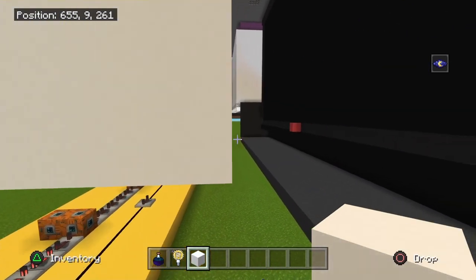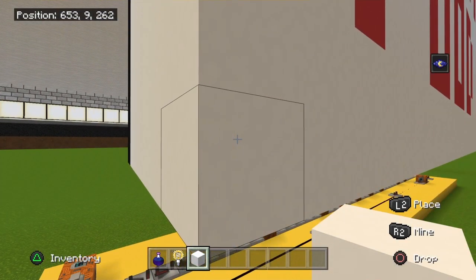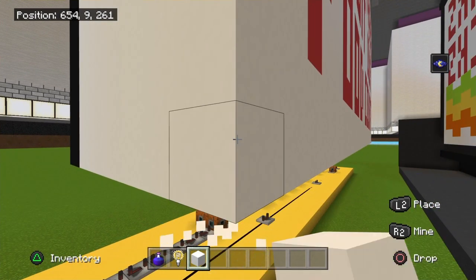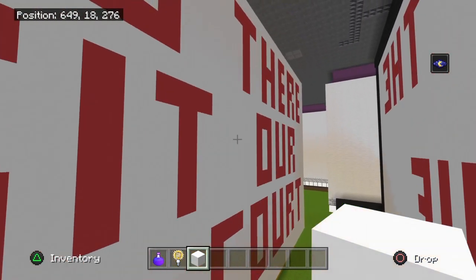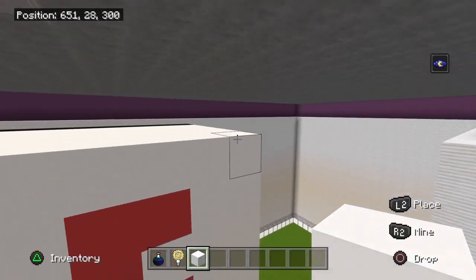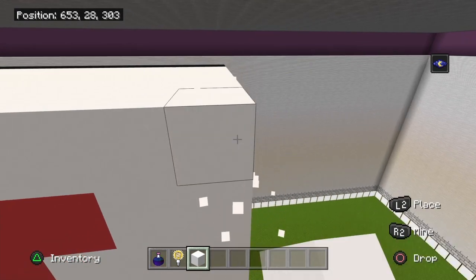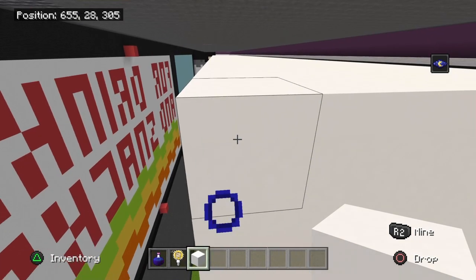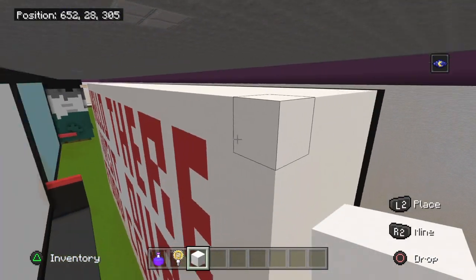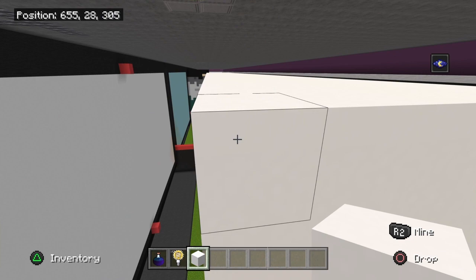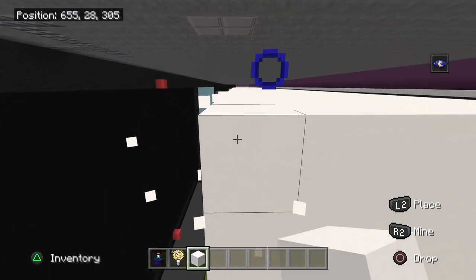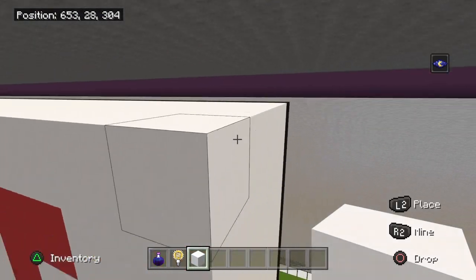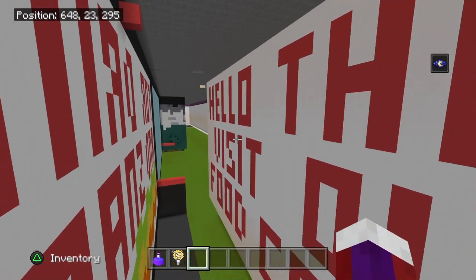Alright, now once you get the coordinates to this bottom left block, then you need to go to the opposite corner, to the top right block up here, and you're just going to simply do the same thing. You're going to get the coordinates to this block diagonally, the opposite side. So once you get this corner down there, that coordinate, and the second coordinate up here, then what you'll do is